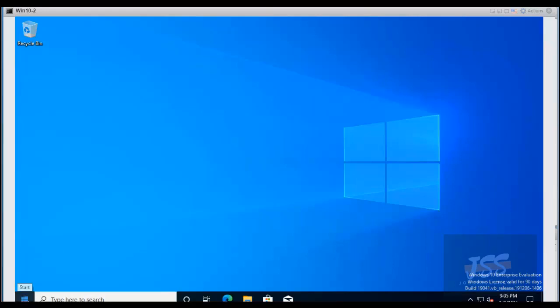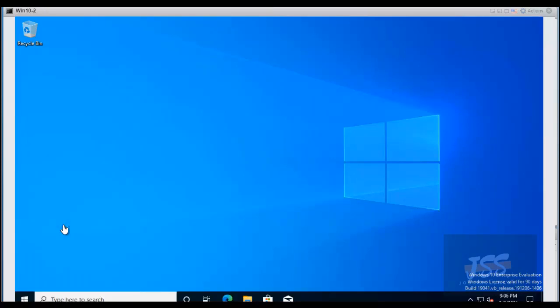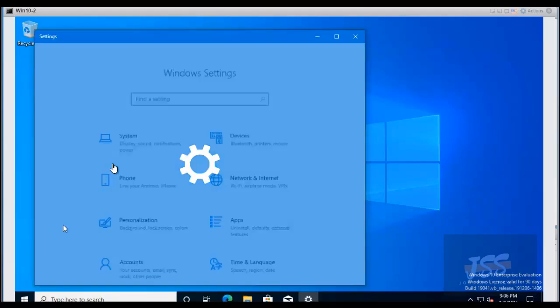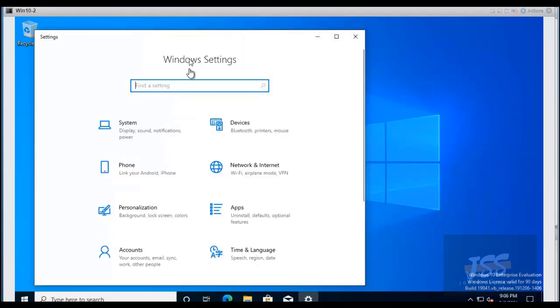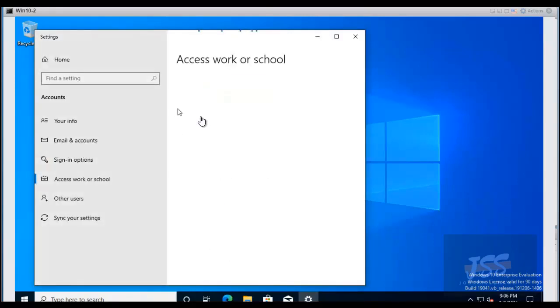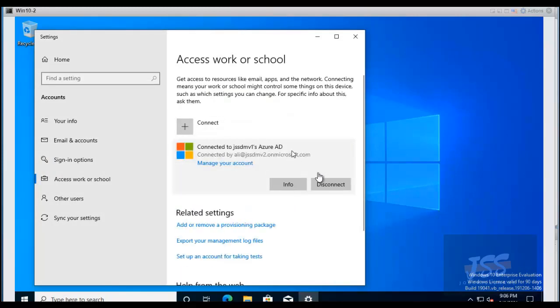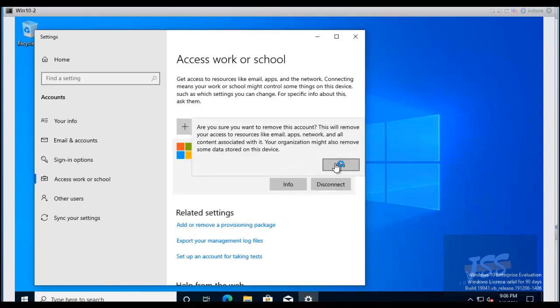Now it's time to disconnect from this Azure environment. So you only need to do what? Click to the settings, and here go where? Same to access work or school. Click on it, and there you're gonna find this connected to the JSS DMV1. And now it's time to click to disconnect, and here it needs your confirmation, so click yes and confirm this